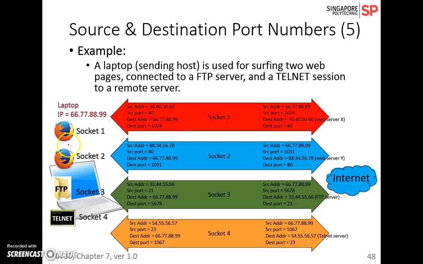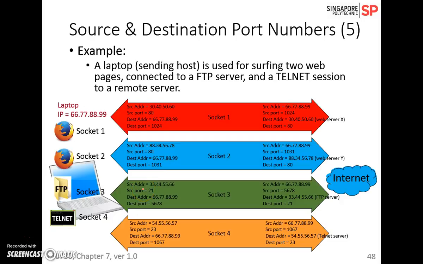Okay, when you open up another web browser, it will then choose another port number that you will reserve. Once it's reserved, another application will not be able to use this same port number. So if you open up FTP, FTP will also reserve a port number, and if you open a telnet session, telnet will also open up a port number. So when the reply packet comes back, it will reply back to the port number that had been originally reserved by that particular application.